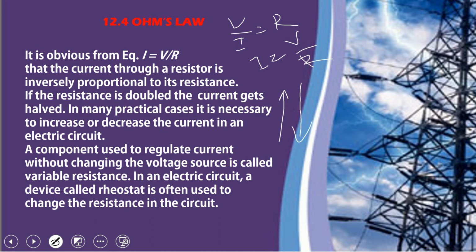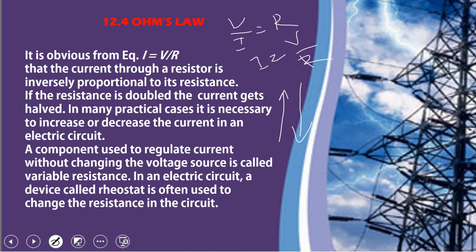That means if the resistance of the conductor is increased, the current flowing through it will be decreased. That is what is actually used in circuits. In a circuit, constant current will be flowing, but the appliances require different quantities. For example, a small LED bulb may require a very small quantity, maybe 5 volt or 5 watt, but the voltage in the circuit is 230.